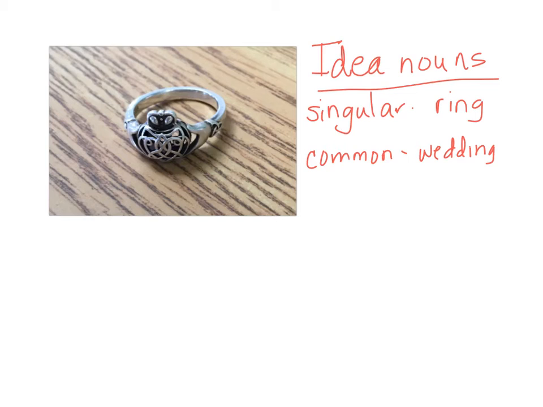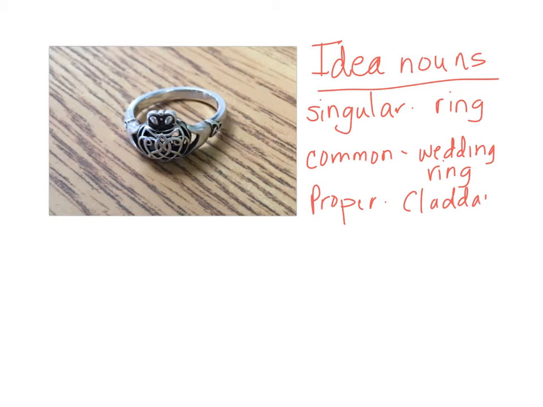So again, when I look at this photograph, this is my wedding ring, and it is singular because there's only one. And so ring, and obviously if I had more than one, it would be rings. The common name for this particular item is a wedding ring. And in this case, you're going to have to pardon my spelling, this is an Irish wedding ring, and it is called